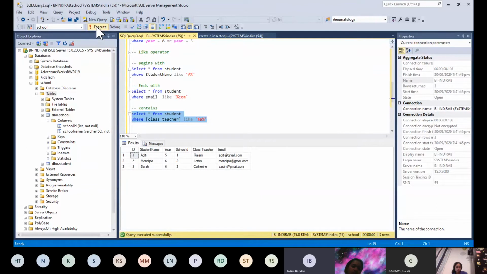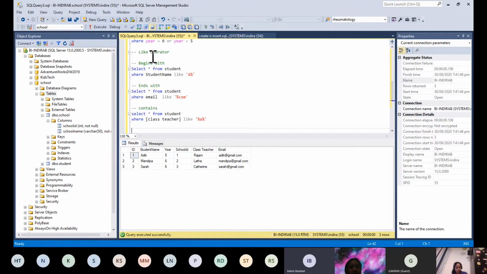Okay. Got it? So this is what we have covered till last week. So everyone familiar? Everyone understood? Any questions? No questions? Why do you have to put the like?